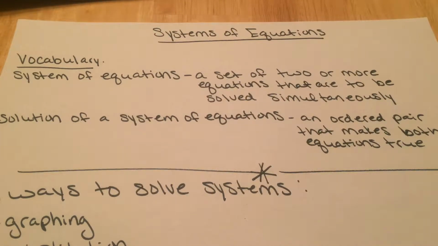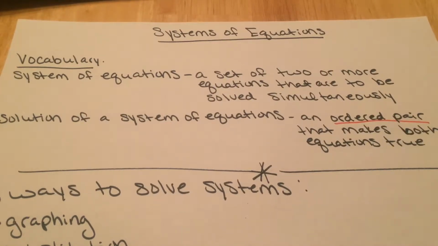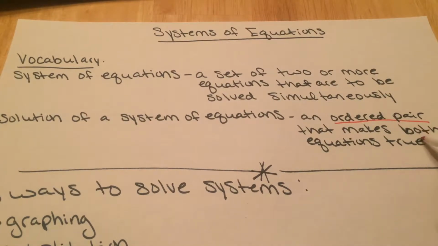Everyone. So today we're going to be talking about systems of equations. We're going to start off with some vocabulary. We first need to know what the heck a system of equations is. So it's going to be a set of two or more equations that are to be solved simultaneously. These are linear equations. And then we need to know what a solution is of this system of equations. And that's going to be, and this is important, an ordered pair that makes both equations have to be